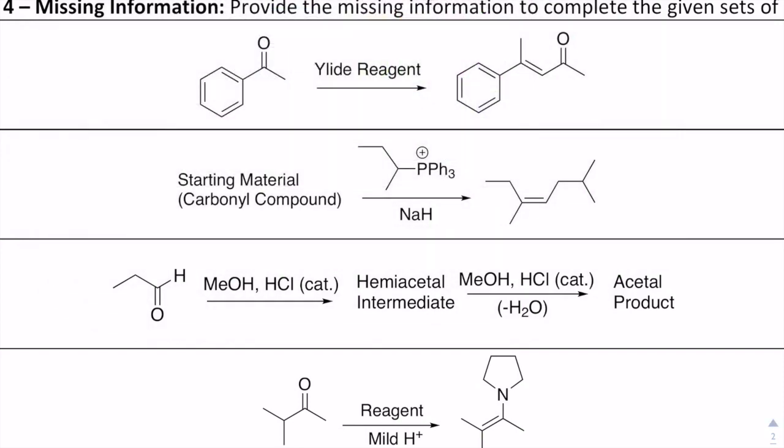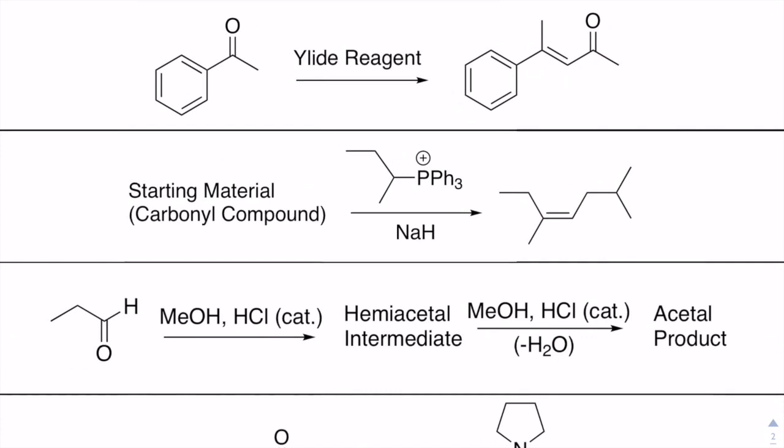So if I'm predicting the ylide reagent, we're doing a Wittig reaction here. We started with some sort of carbonyl group, and we're forming an alkene. So basically, first thing I would do is locate that alkene in my end product. So that's clearly this alkene. And if I look at the carbon count of the beginning starting material, I see that it's a 2-carbon starting material over here. So that's probably carbons 1 and 2 over here. And it looks like we added this entire